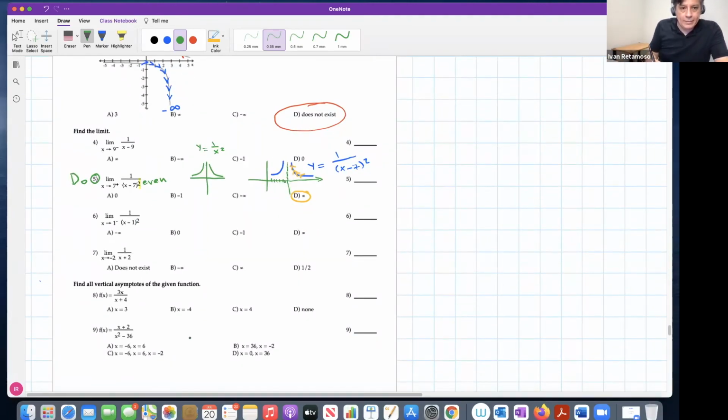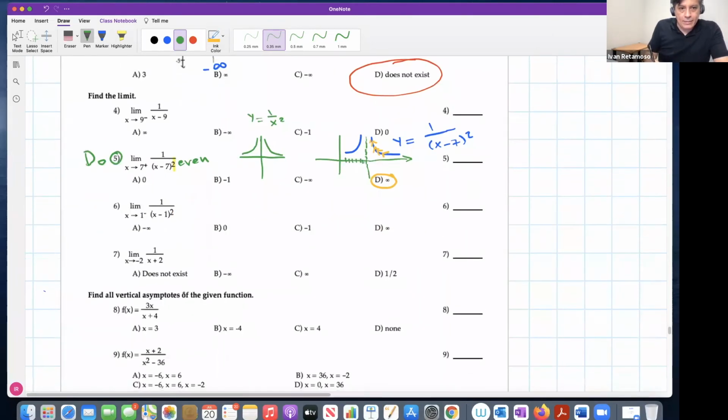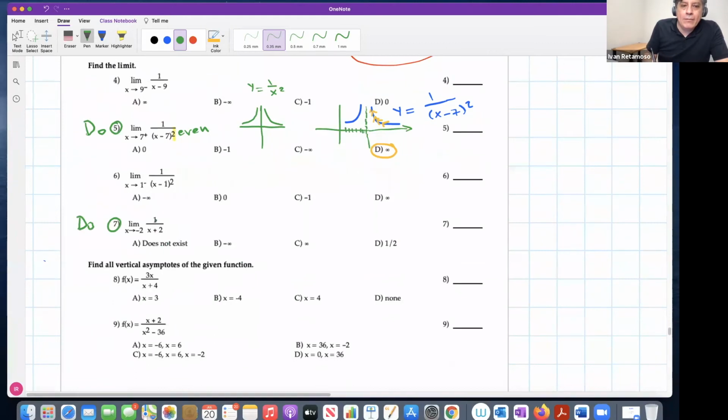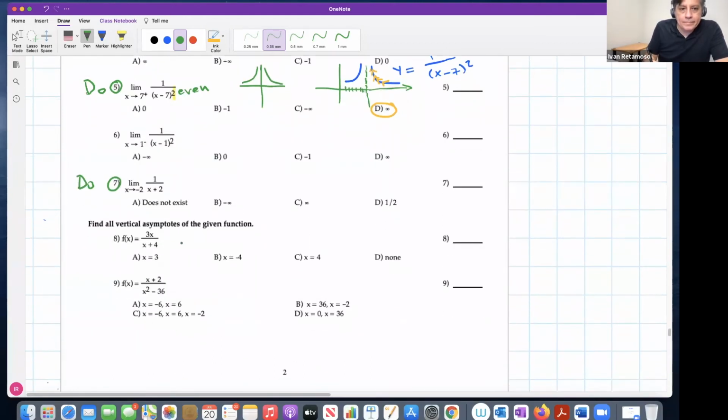Try this now. This is a little bit trickier. What about this now? Figure out the limit, and again, I claim it's the same form because of the 1 on the top, something on the bottom, right? Yeah, great. Figure out the limit. I'm gonna write it bigger here. As x approaches -2 of 1 over